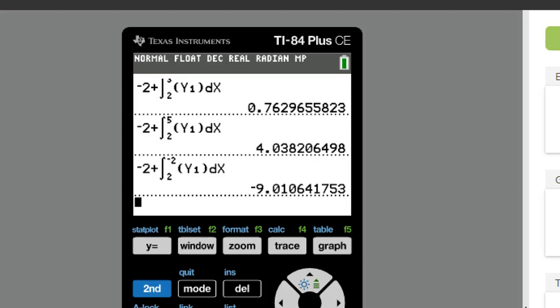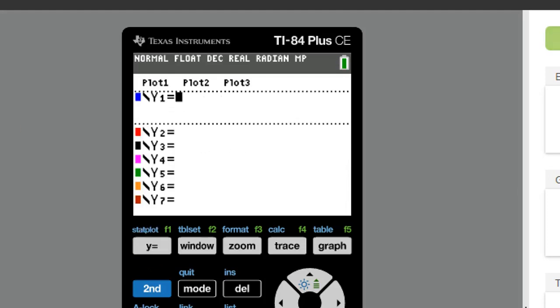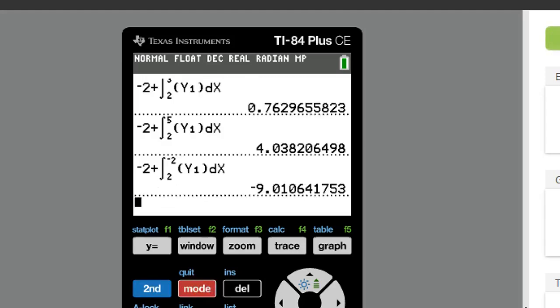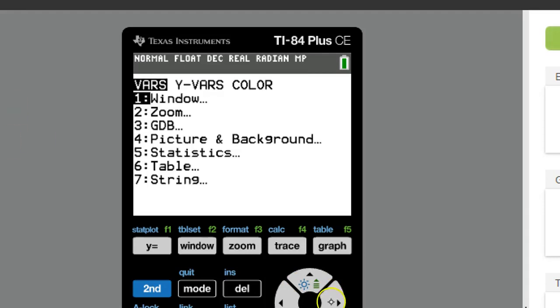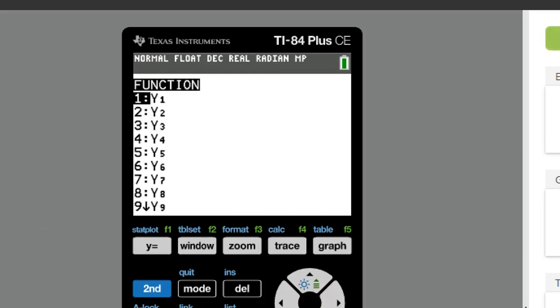There's a part B to this. So I want to go to Y1 and I'm going to change this and enter 180 plus 3t, because I see that I'm going to have to do something else with this function, so I don't want to enter it multiple times. Okay, I'm now going to go back to my home screen and let's calculate this. Math 9, we're going from 0 to 20. The function, we probably could have done this by hand, maybe quicker than we can type it in. Oh, we don't want to type this in. We want to use Y1. You hit the vars, the variables key, go over, hit enter. There's our Y1,